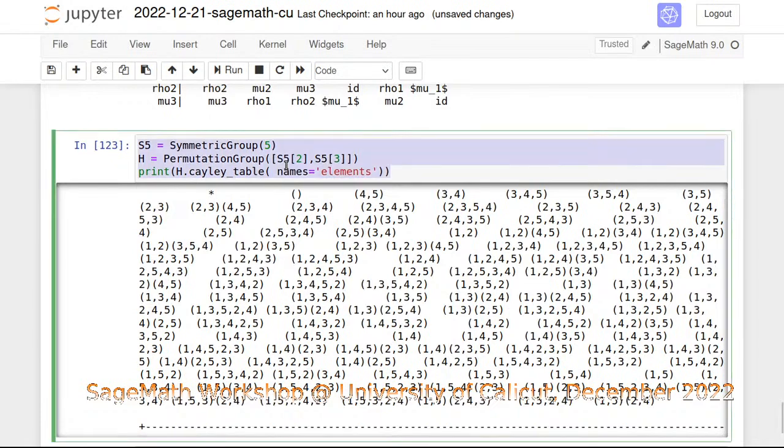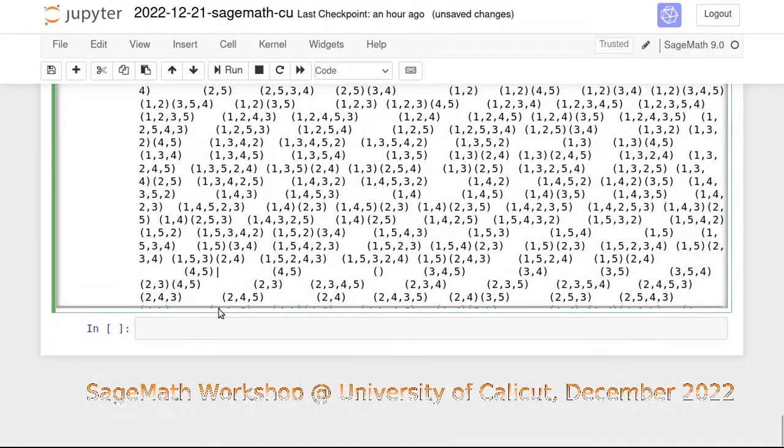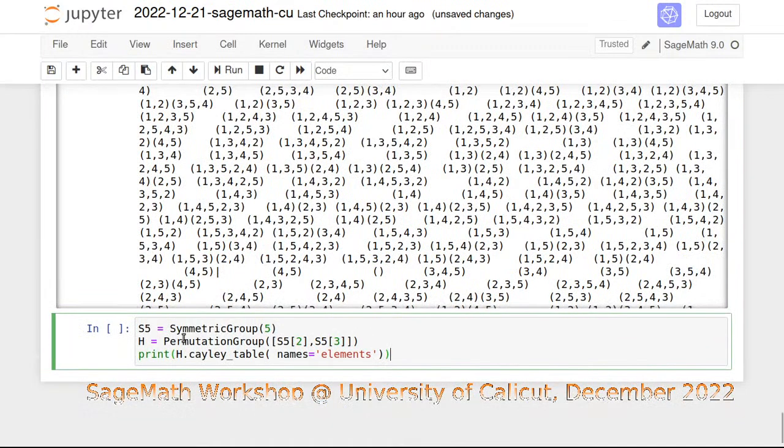So this actually doesn't seem to work. What I actually wanted doesn't seem to work. Symmetric group we define. H is just a set of two elements, S5 2 and S5 3. Now if I ask for the